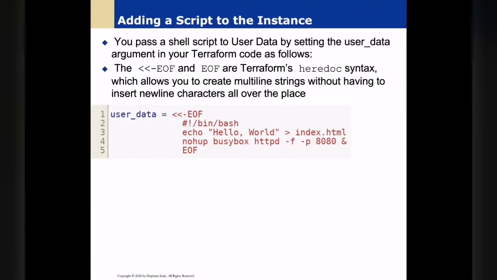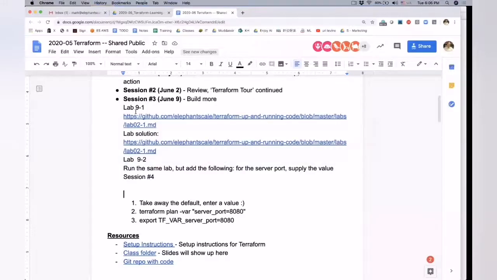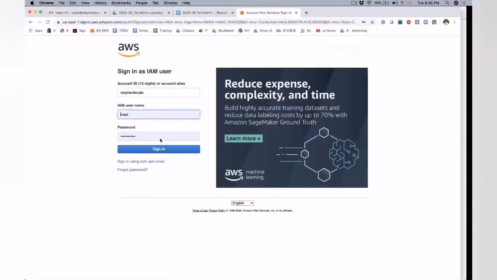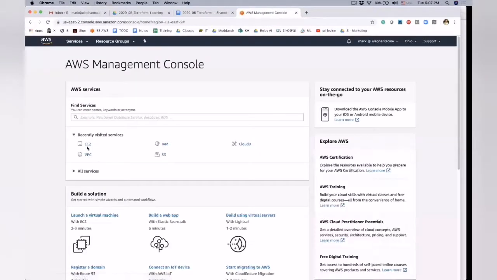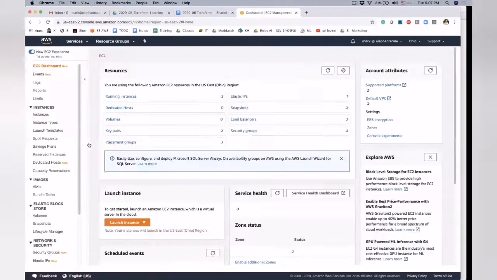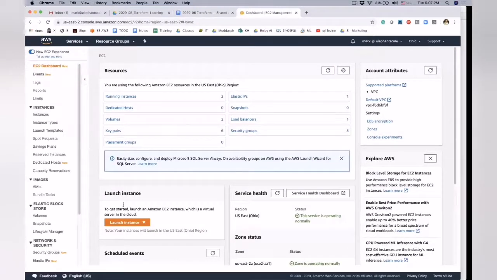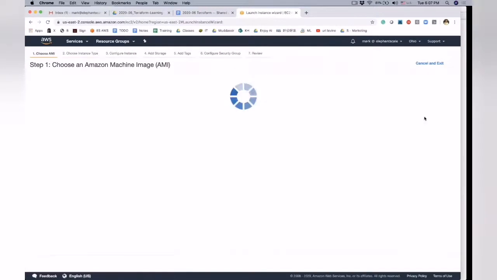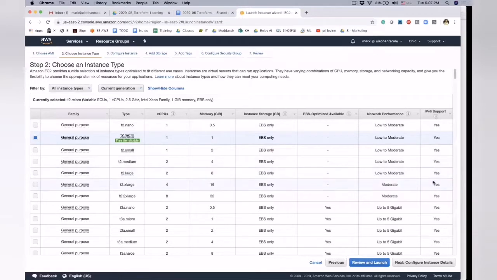Now, not everybody actually knows where to even put it. So I'll show you where you would put it so that you know. Let's log into my Amazon account. And then we go into the EC2 part of the Amazon cloud with the servers, and we'll start any kind of server, launch instance. It doesn't matter what we start. So we'll start the simplest possible Amazon provided instance. Here, it's ready to go.